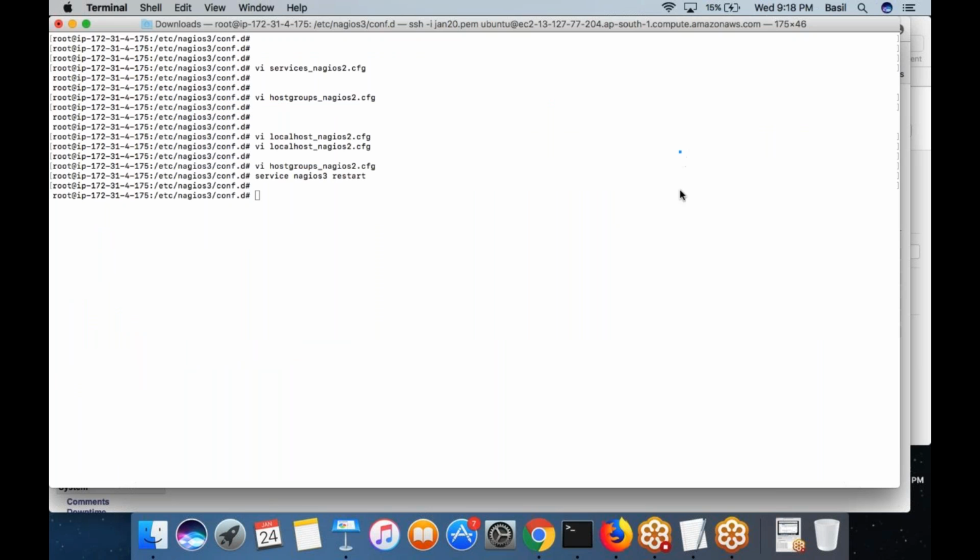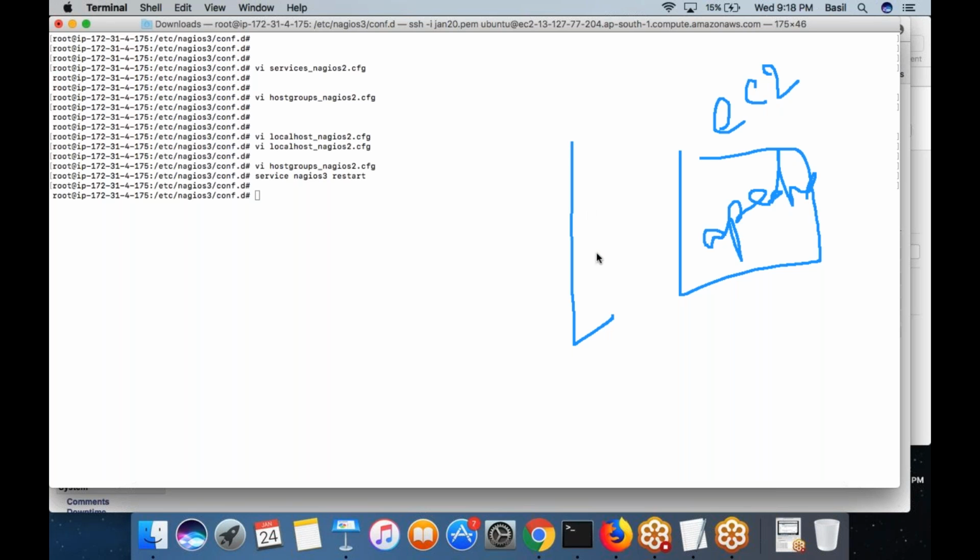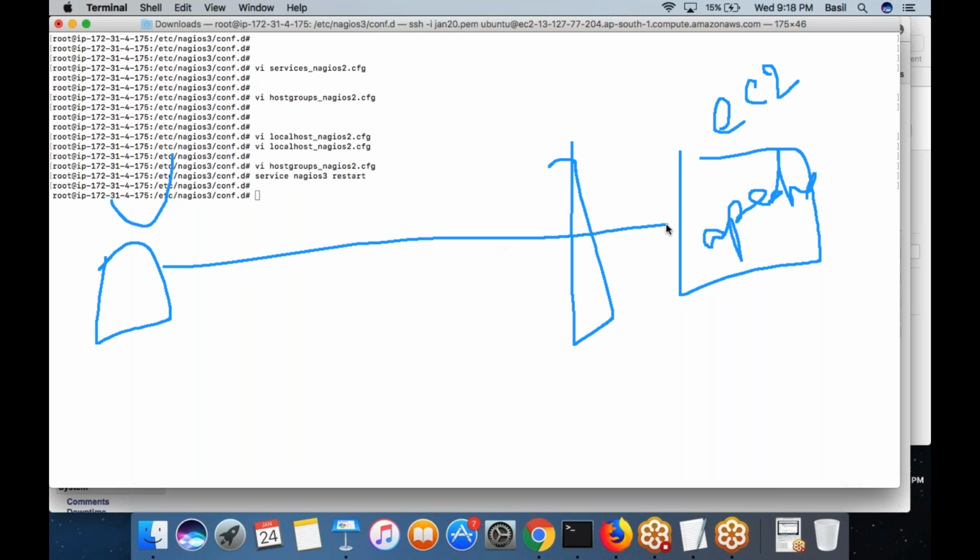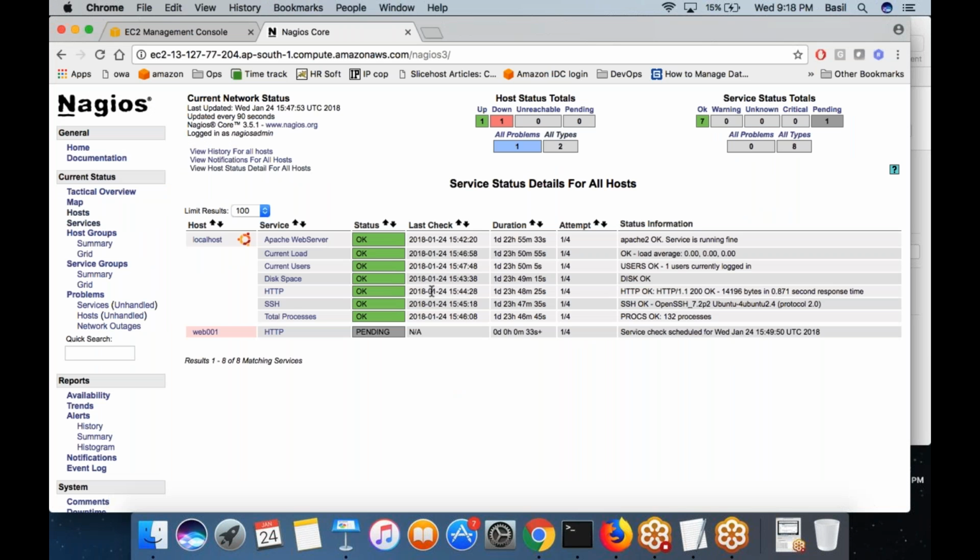Web001 machine is nothing but a new machine that you created inside your AWS, and it does not have Apache running, or even port 80 open. So if the Nagios server wants to connect to this machine to check Apache, it will not be able to, because Apache is not running. So obviously it would mark this particular service as critical once it checks it. Refresh it, probably it has already completed checking. No, not yet. Pending means the service is yet to be checked, and this is when the time is scheduled. So let it do its work whenever it runs.